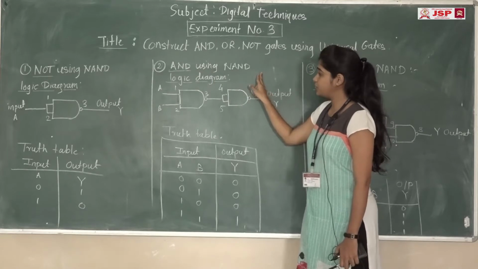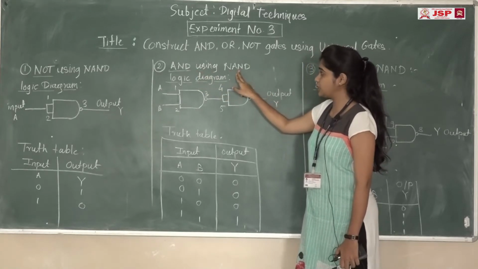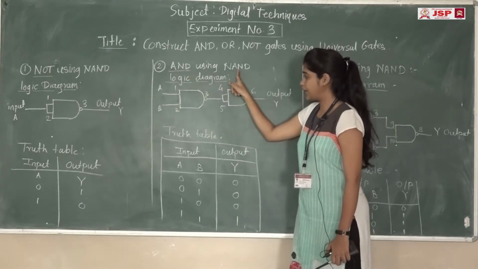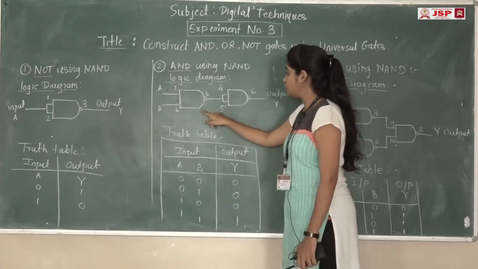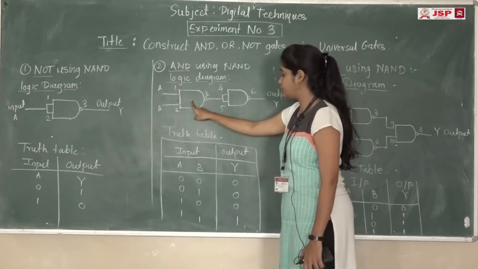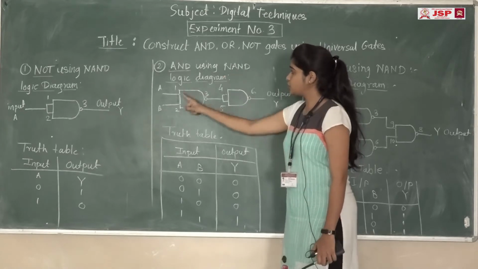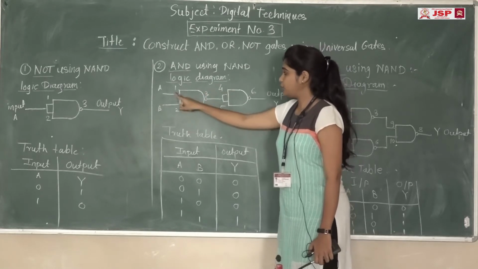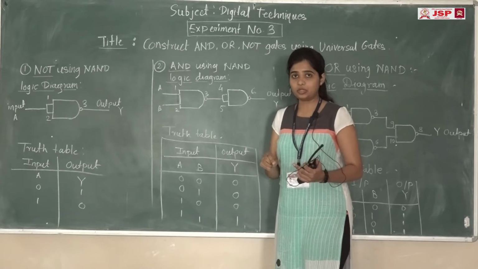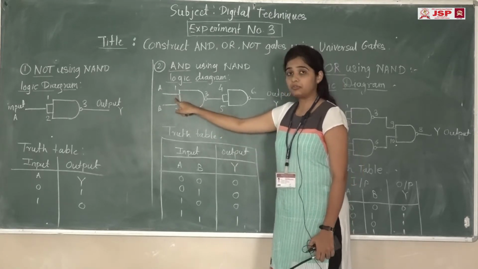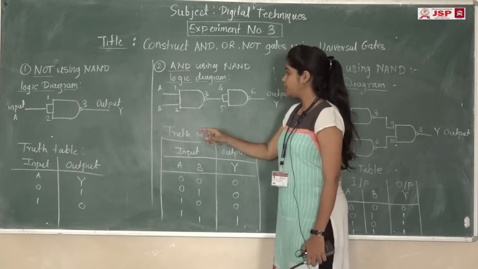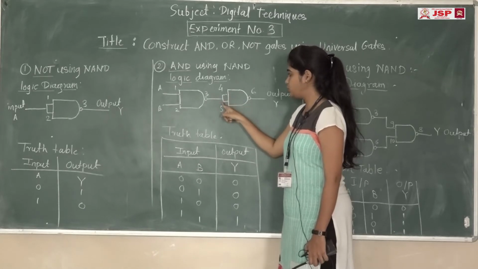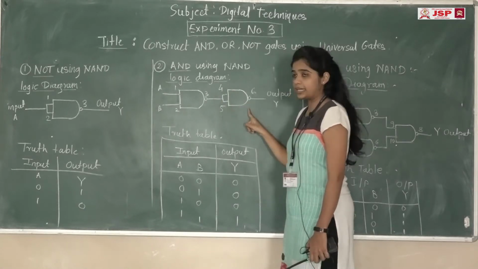So here we are going to design the AND gate again using NAND gate. This is the logic diagram of AND gate using NAND gate. Here we are going to use two NAND gates, NAND gate number 1 and NAND gate number 2. The construction of this AND gate is: first we connect pin number 1 and 2 to the input terminals. Pin number 1 is connected to input number 1 and pin number 2 is input number 2. Then the output of this NAND gate is given to the input of the second NAND gate.